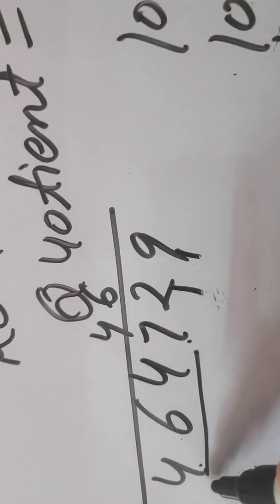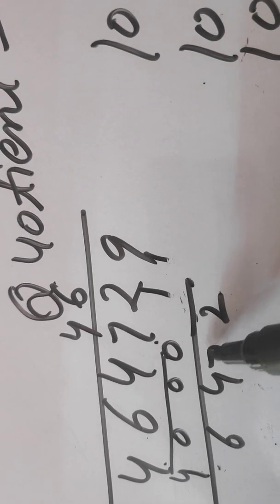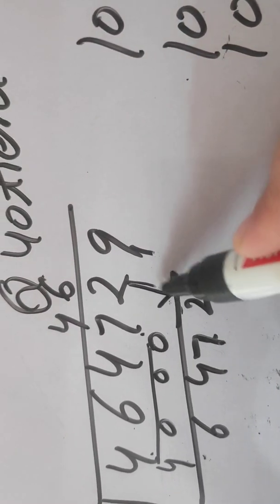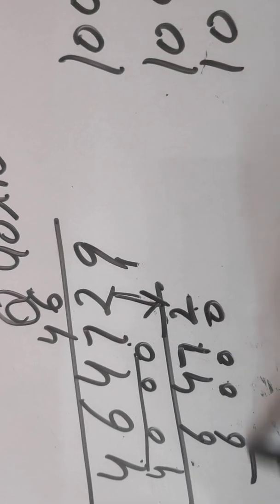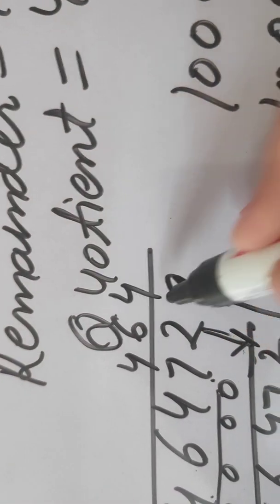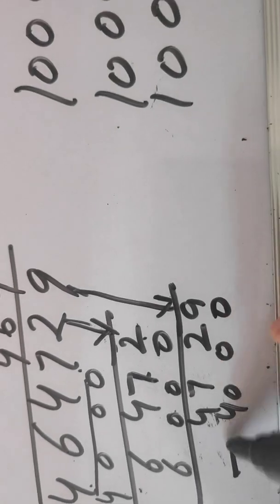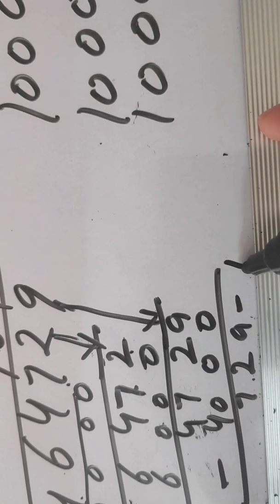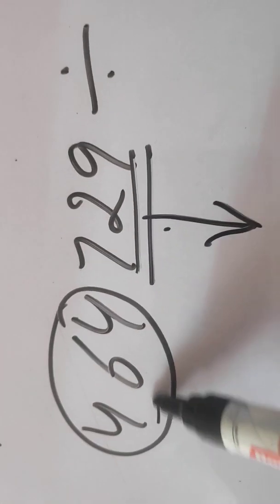So it means here firstly it goes 4000. Then it goes 6,000. Then we bring down 9 here. Now it goes 4, you will write here 4000. Subtract it, 729 is your remainder. And you already knew that 729 is the remainder. Quotient is 464. Here also we have written 464.